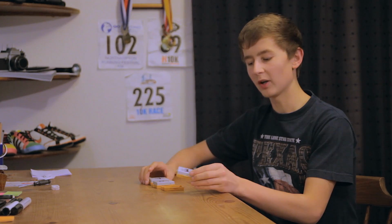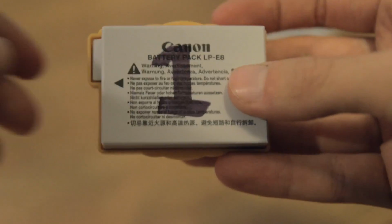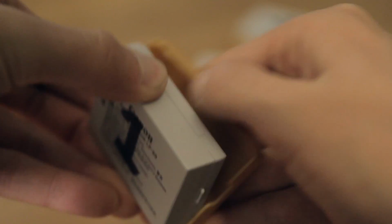Today is just going to be a short episode talking about these batteries here. Now my camera, which is the 600D, takes these batteries here, the LP-E8. This is the same battery that you get in the T2i and some of the other smaller, less professional models